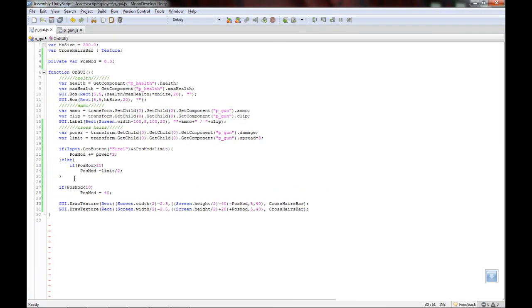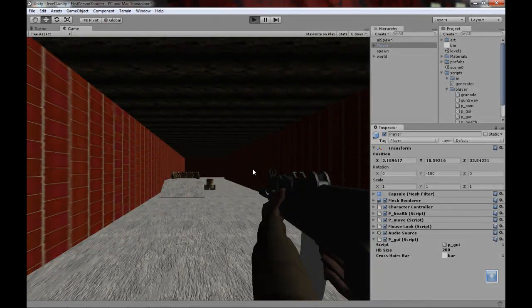Alright, so I was done adjusting the variables, and another issue I found while I was adjusting it is that they would sometimes meet even though we put it here, and that's because the position modifier is still bigger than 10. So if it was like 12, then it would still do the minus limit divided by 2, which might be more than 10. Then it would grow less than 10. So to fix that problem, just simply put if position modifier is less than the minimum value, then it equals the minimum value. So now if you test that out,